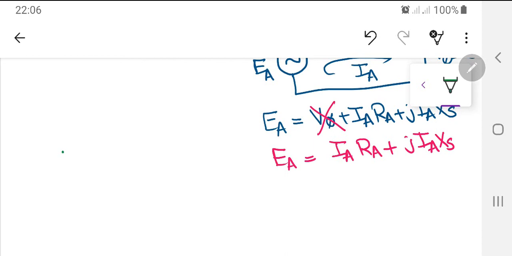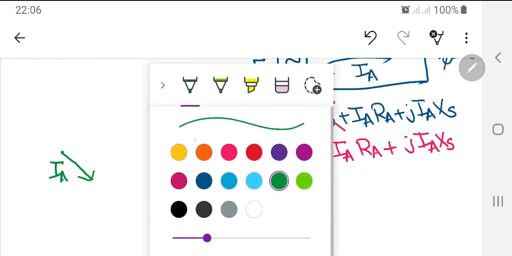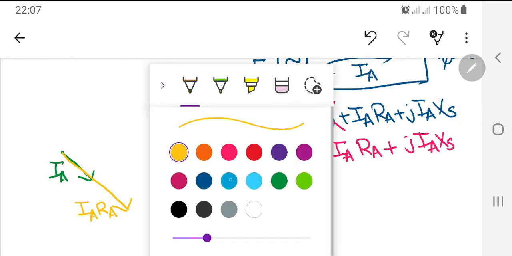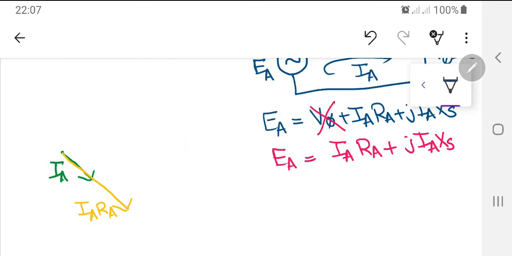Now V phase is not there, and since I know that my current which is going to flow over here is lagging. Okay, so this is my IA over here, and if I have my IA RA, this is my IA RA, and then the next angle over here, let me use another dark color over here, 90 degrees to this one, this is my JIA